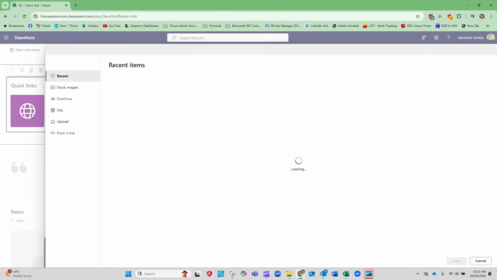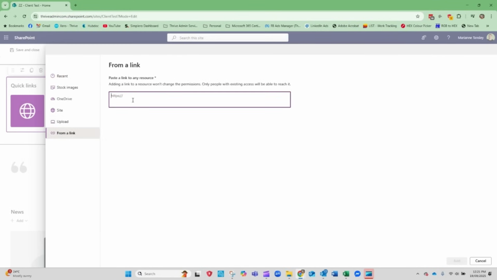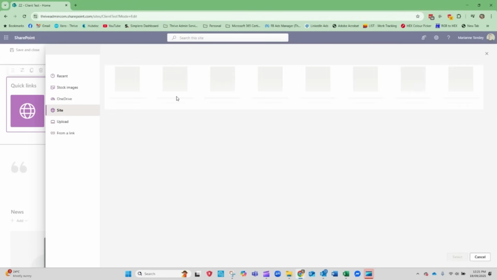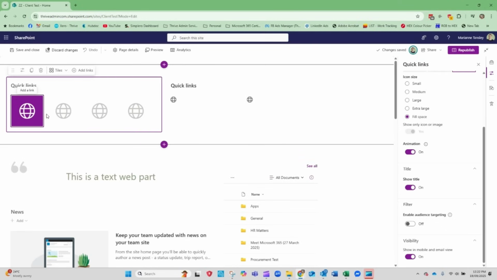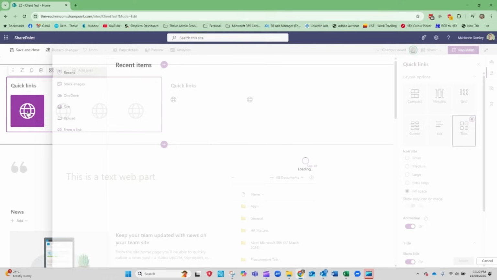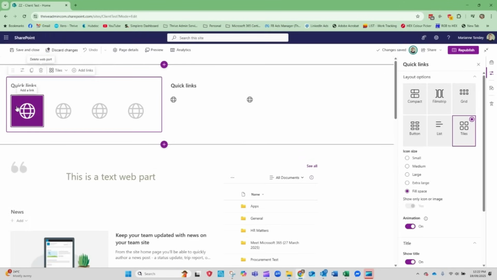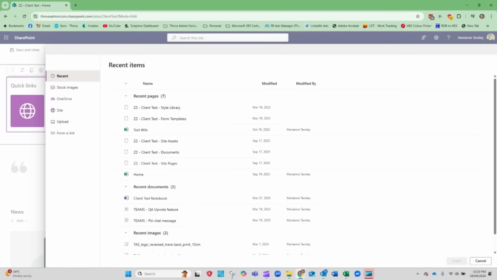And then here, the link itself, you can do it as a direct link, or you could do it as a link to a site. Cancel that, click that again. I can link it to a document, to something that's on this site, something that's in my OneDrive. I can upload something, whatever it might be. So again, could be an external hyperlink, could be a link somewhere around the site to stop people having to rummage, whatever's going to work for you. You can change the icon as well. So when we click on here and settings, when we go add links,